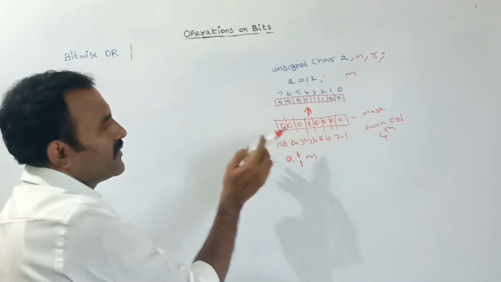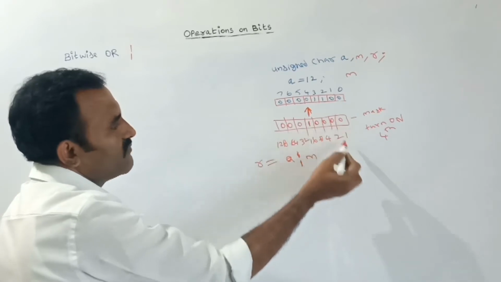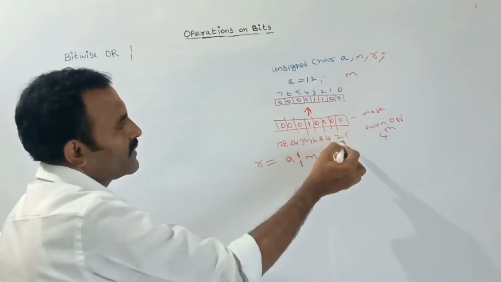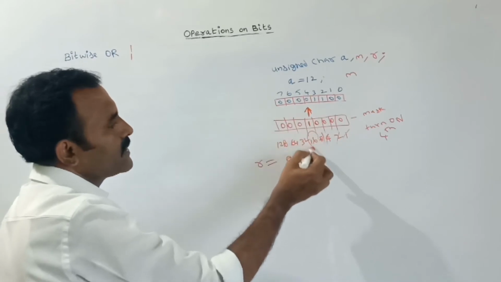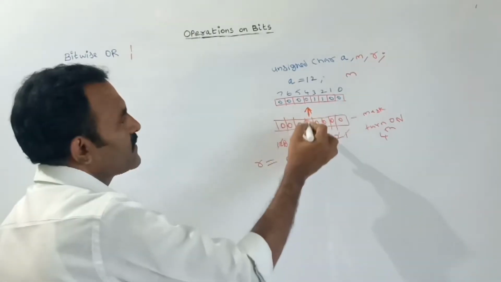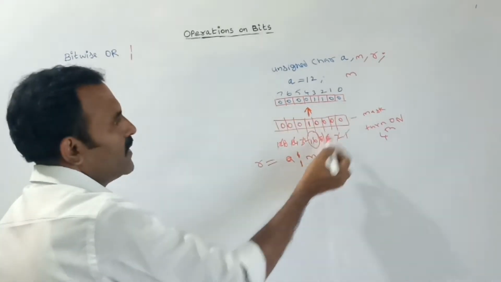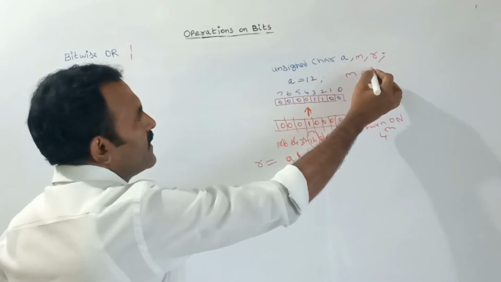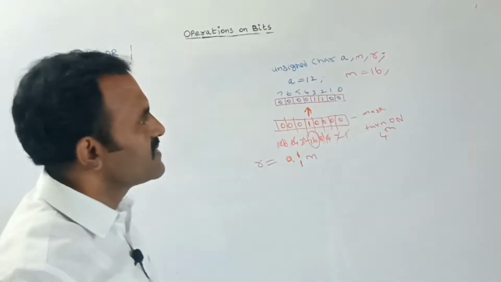Say, if you convert this binary to decimal, here 0 into some value is 0, so we no need to find this. Here 1 into 16, 16. Next, every remaining bit is 0. So this fourth bit value is 1, so 1 into 16 is equal to 16. So while declaring, you should give the decimal value like this, 16.